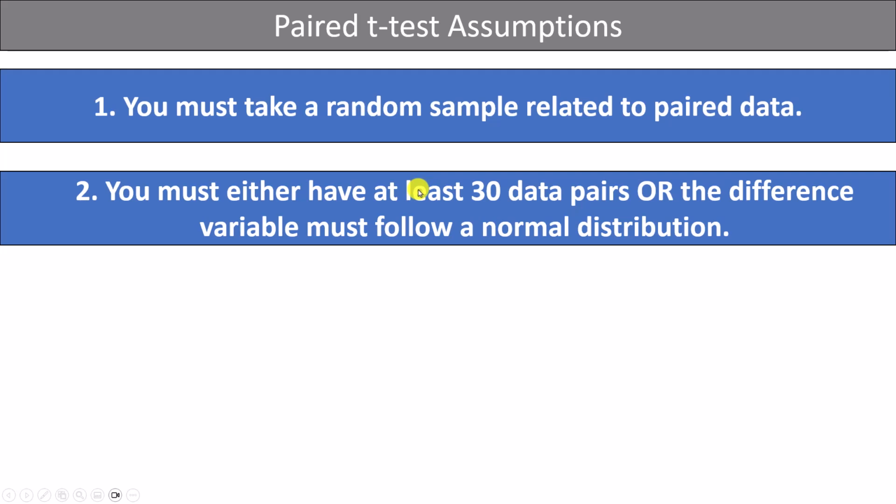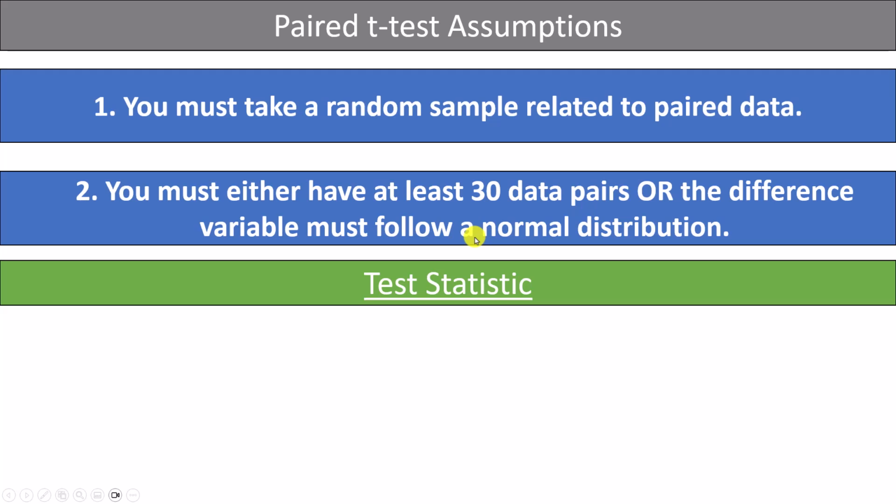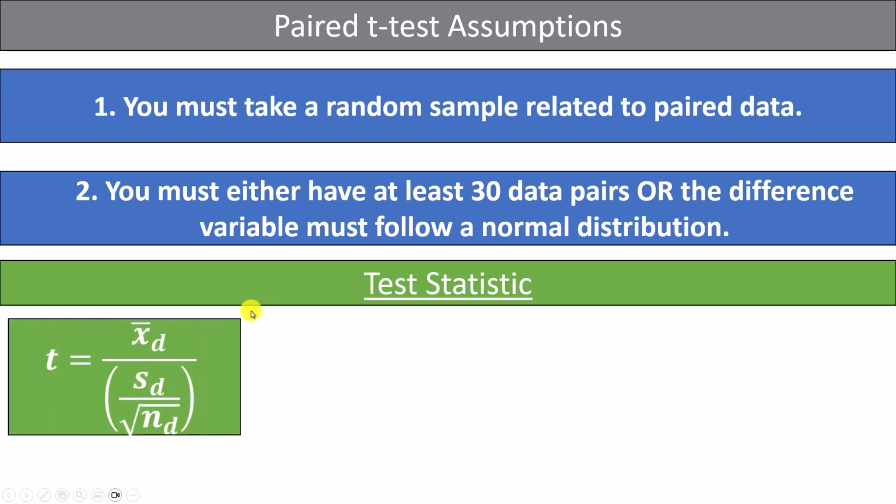You must also have at least 30 data pairs, or the difference variable must follow a normal distribution. This is kind of a central limit theorem type requirement that we've had in many other cases as well. In step 2, we're going to have to calculate a test statistic, which is going to be x bar d divided by sd divided by the square root of nd. Remember, anything with a d just means it's based on that third column of data once you've subtracted your two